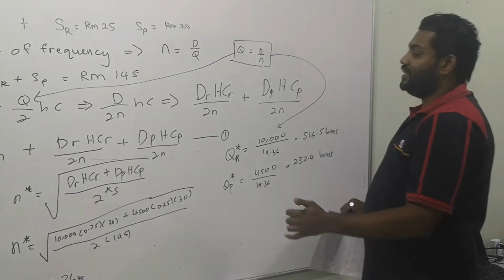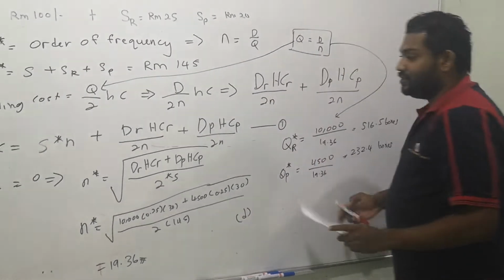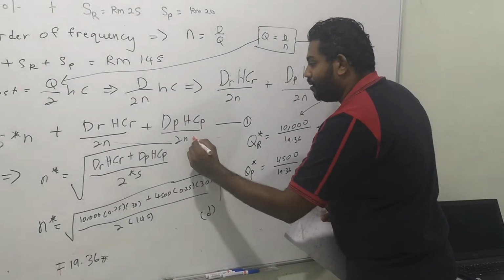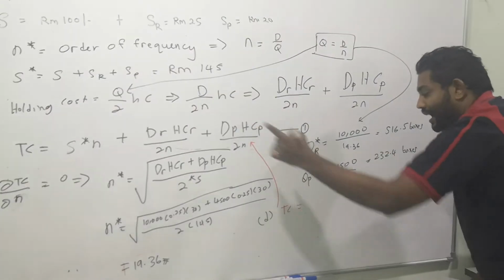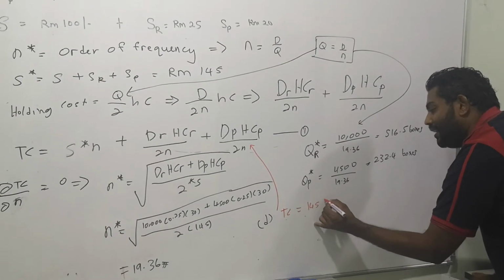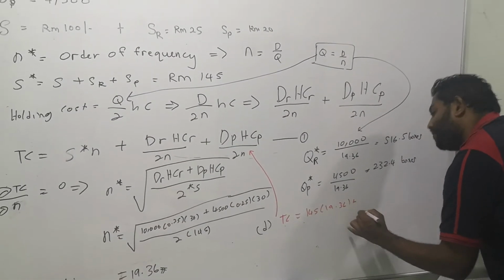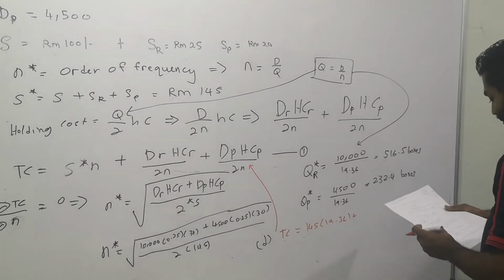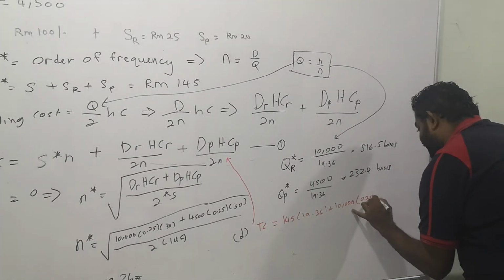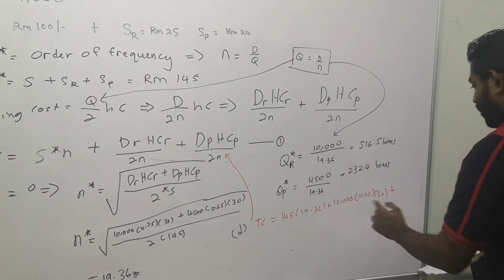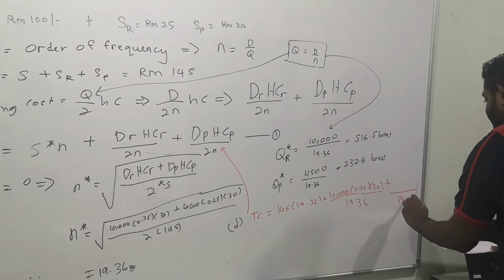So now for question number D, we need to find the total cost, for which we can still go back here and use the formula, since we already have the value of N. So the total cost will be S, the setup order cost, 145, times the N you got just now, 19.36, plus DR, which is 10,000, HCR is 0.25 times 30 ringgit, over 2N, 19.36, plus